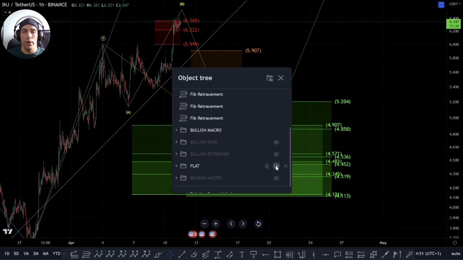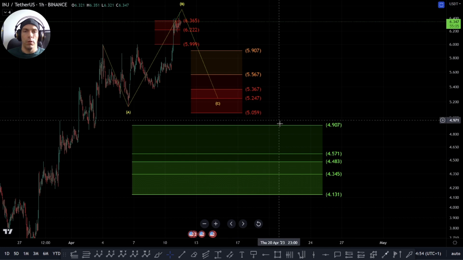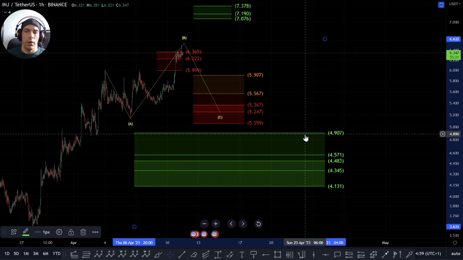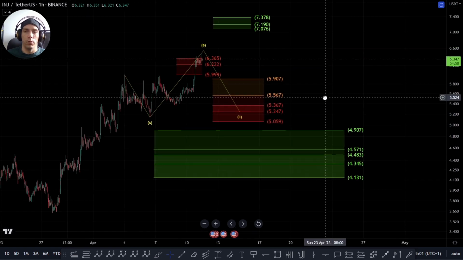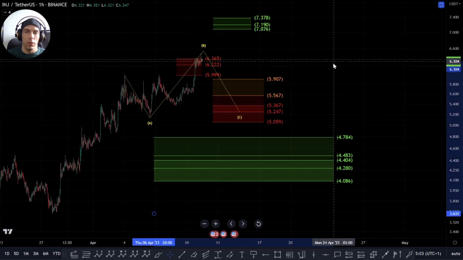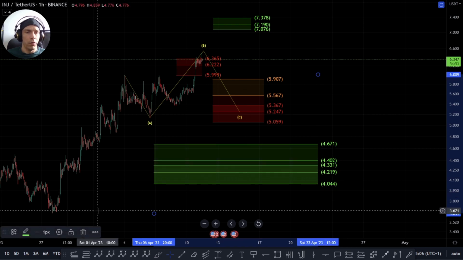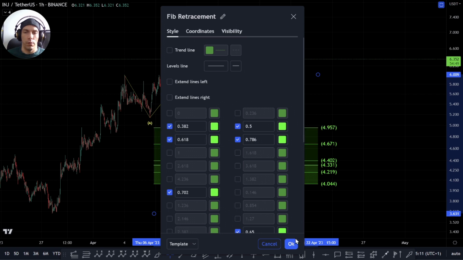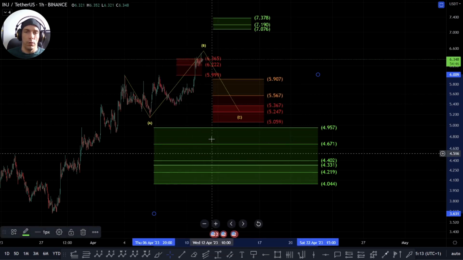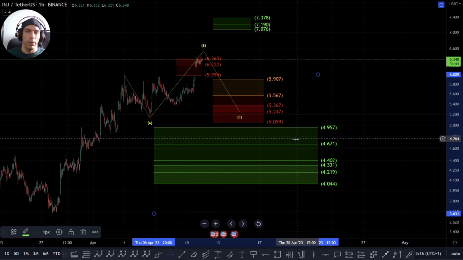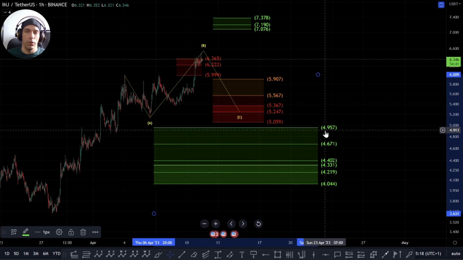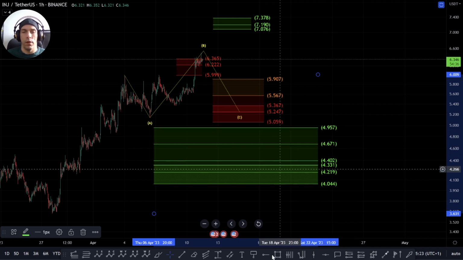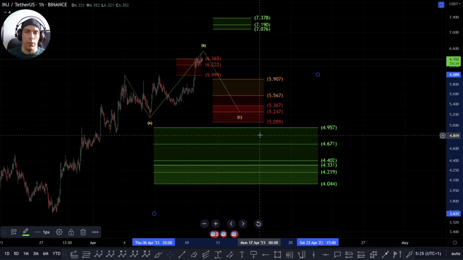If we do have a flat here, what I would be looking for is that potential to find support in this zone again here, actually, this support zone would change if that's the case, because we would have our high there. So if this is a flat, I'm going to throw this 382 in here. Typical zones we look to find commonly with a flat is this 382, which is this 4957 to this 467. So if we do start to break down in a 5-wave move, I will be keeping